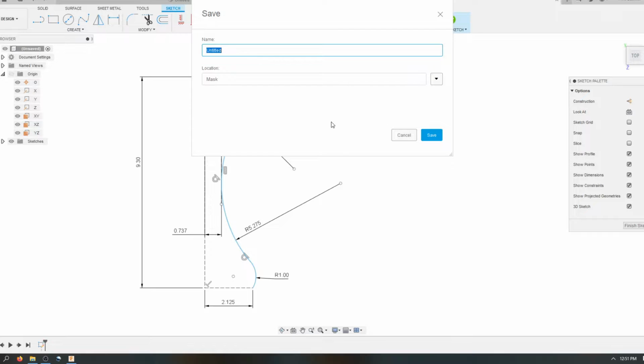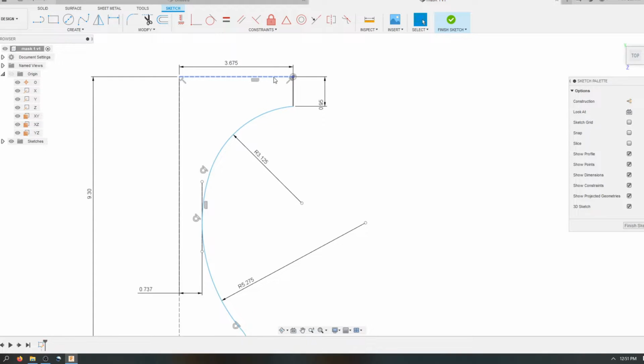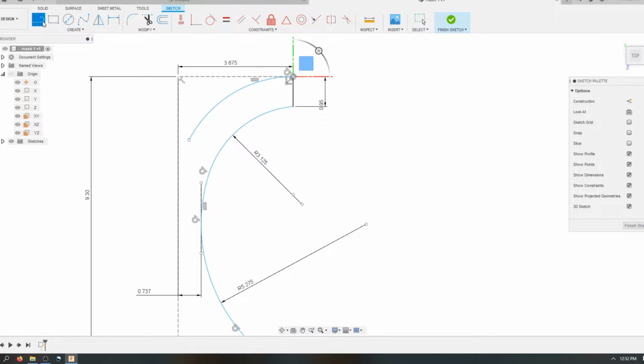So we're going to save this. Once you're done saving it, we can build the piece that's going to hold the shield. I'm going to create a second 3-point arc, and it's going to come from this point out. The thing about this one is I want to make it concentric with the first, so it's always concentric to the first one. Another thing we want to do is make this arc tangent